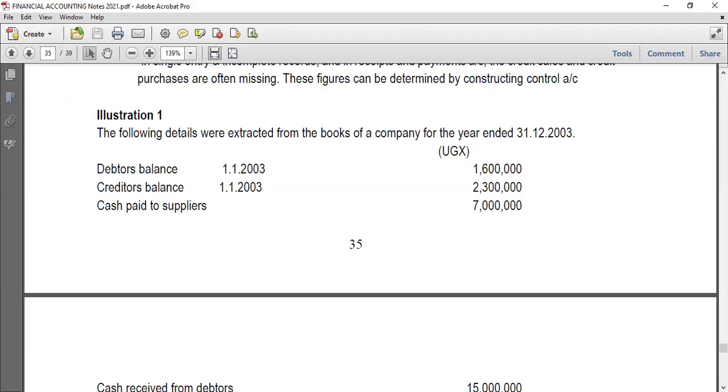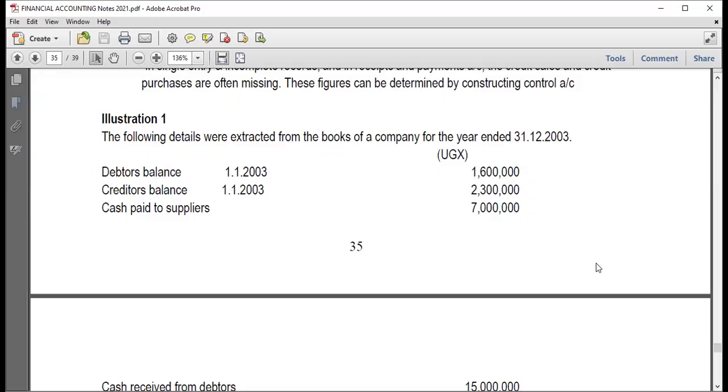So how control accounts are set. For example, we have a case here. This is illustration 1. They're telling us that the following details were extracted from the books of a company ended